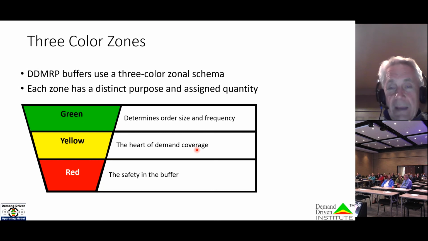We all know that we can't rely on that rate of consumption or necessarily that the lead time will be achieved. So we put a safety zone underneath it called the red zone in the buffer that protects against that variation. If we size that correctly, with proper understanding of its variation in lead time and rate of consumption, then we'll know we'll have the material available, and that's how we'll gain that decoupling effect. The green zone is based on minimum order quantities, minimum batch sizes, and the like, and that really determines what our average order size and frequency will be.